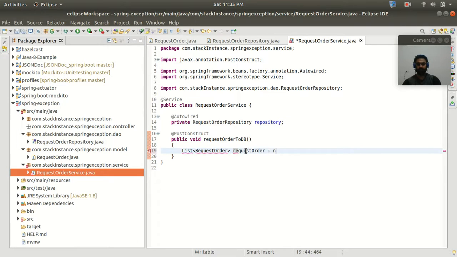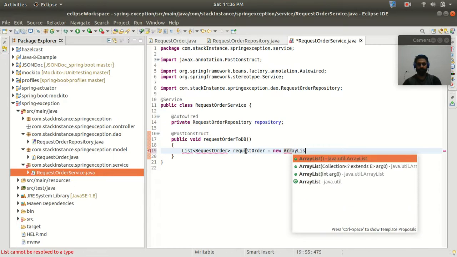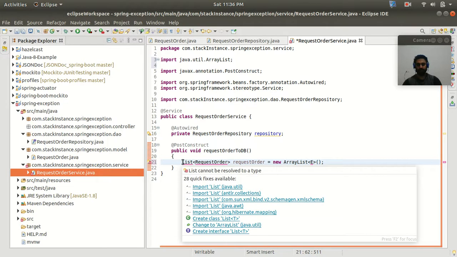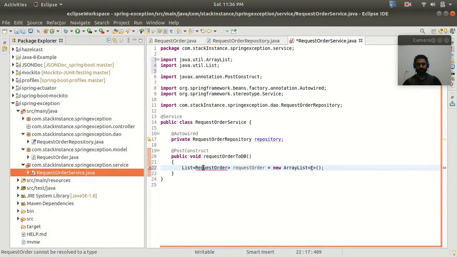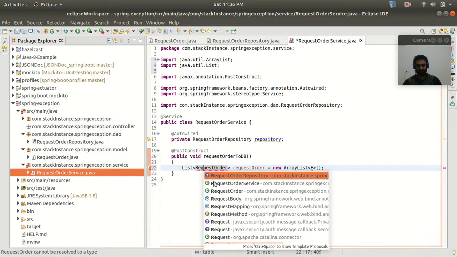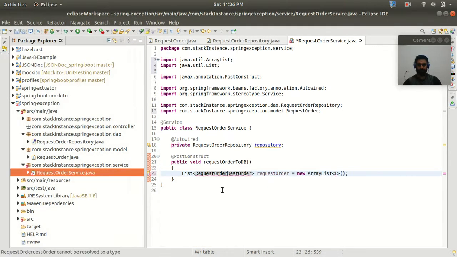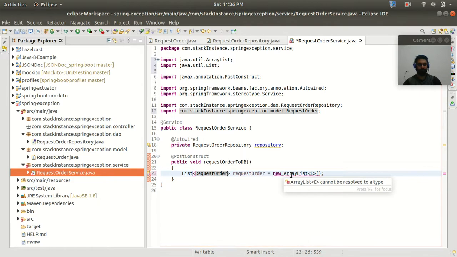Request order equals new array list. So this is the list. So we need to import it from the util package, and this is our model class. Yeah, now it is showing. Yeah. So request order. All right, and this is the array list.